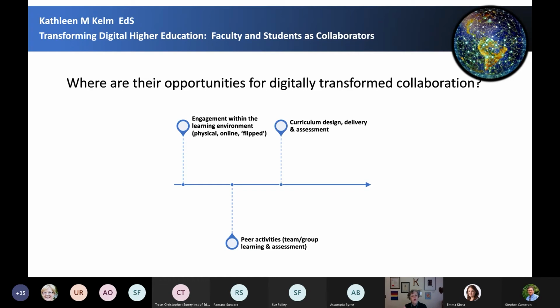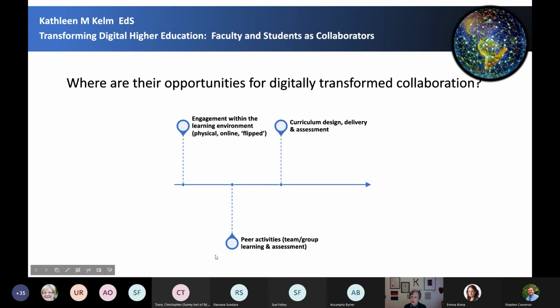But there's also conversations about peer activities and in what way can we make use of digital and digitally transformed environments to actually foster an engagement amongst peers, and not just from a team group learning perspective, but also ways in which they can assess each other in the kind of contributions that they're making.